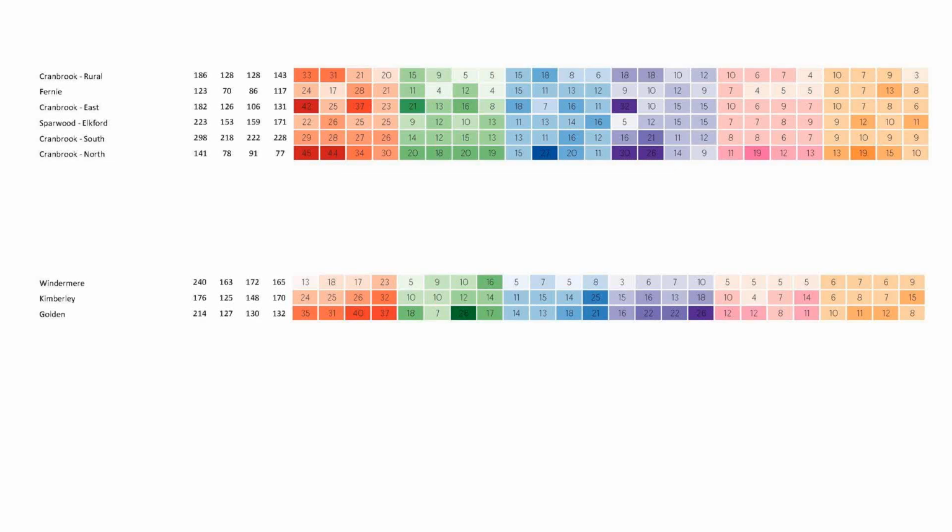2013. Sparwood, Elkford is a place that over time you basically say there has been no change. You know, very similar numbers, 22, 26, 25, 25. So, you know, steady at around a quarter of the kids in that community vulnerable over time. Similar kind of thing in Cranbrook South. You know, it's inched down a little bit over time, but really only from 29% down to 26% at the end of Wave 5. And Cranbrook North, like Cranbrook Rural and Cranbrook East, really, you know, going from 45 to